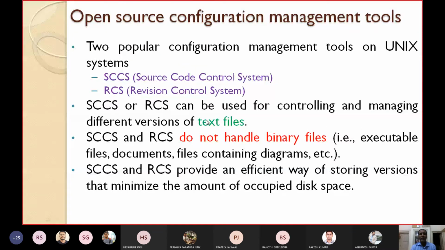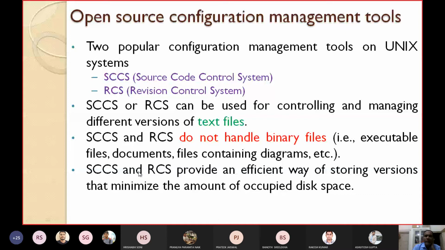Neither SCCS nor RCS handles other files such as binary files. Examples of binary files are executable files, documents, files containing diagrams, etc. They do not handle binary files; they handle only text files for configuration management.